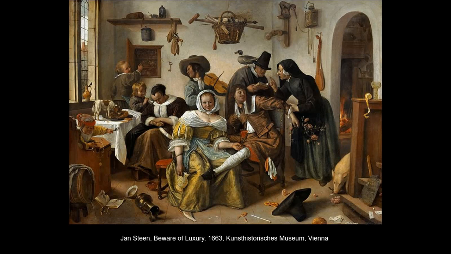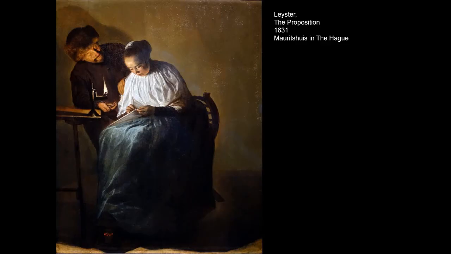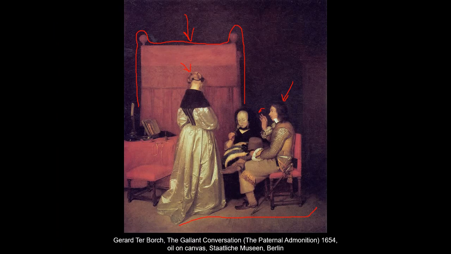But when you see women in the works of Judith Leyster, you see something different. This is fundamentally the counterpoint to the painting by Ter Borch. So here we have a woman who is being offered money for sex and is clearly interested in the deal, is interested in this opportunity of transactional sex.